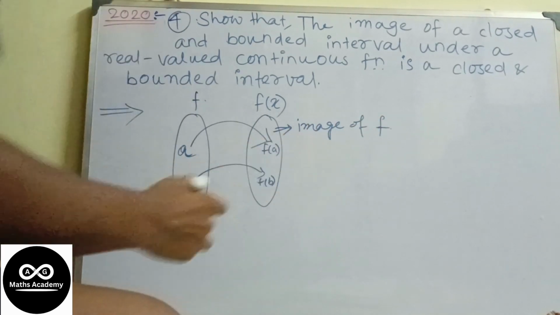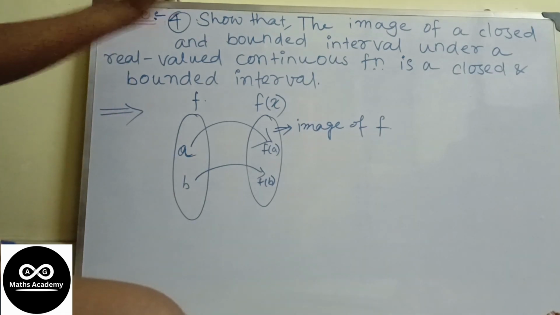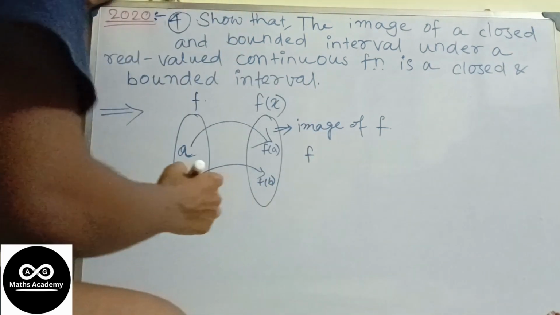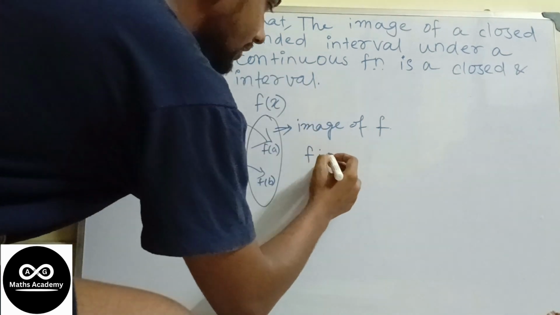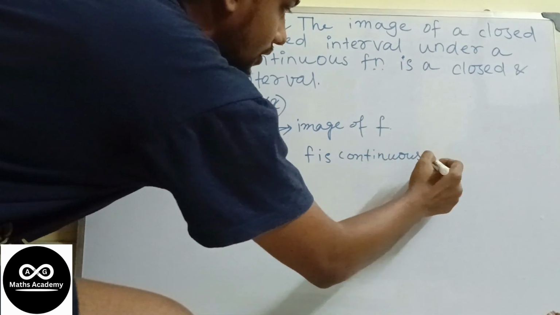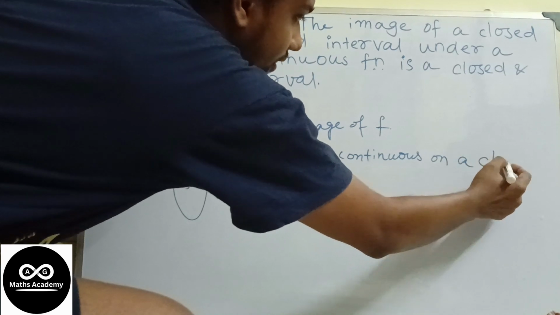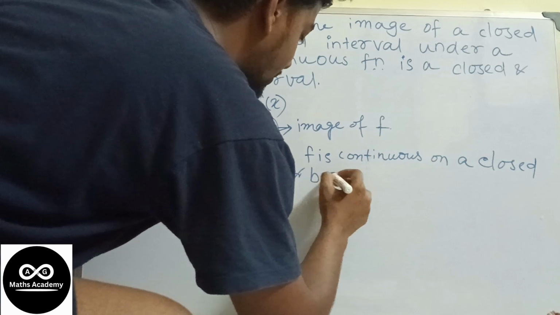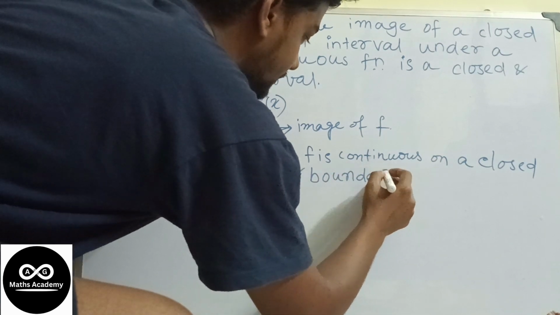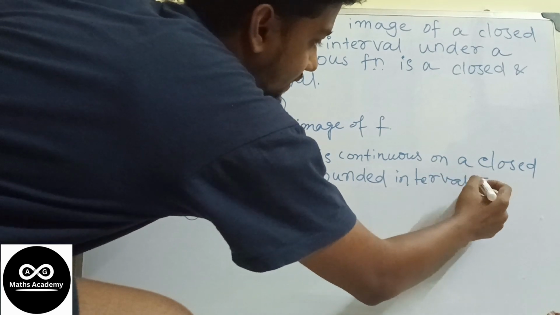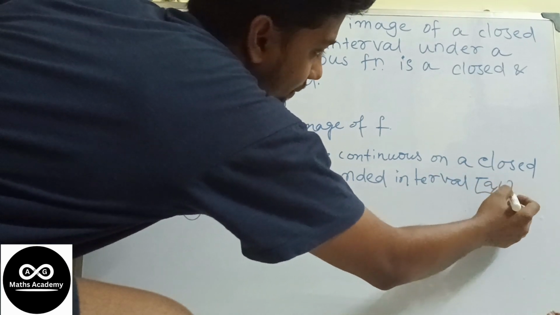So this is called the image of f. This is the image. Okay, so the actual theorem is: if f is continuous on a closed and bounded interval, let's say a comma b,